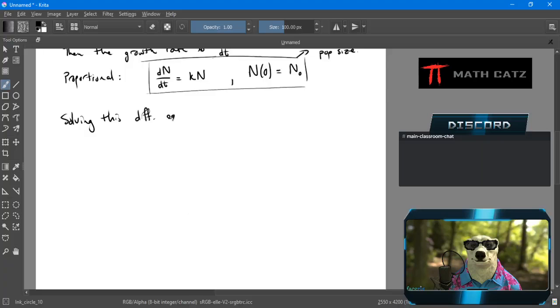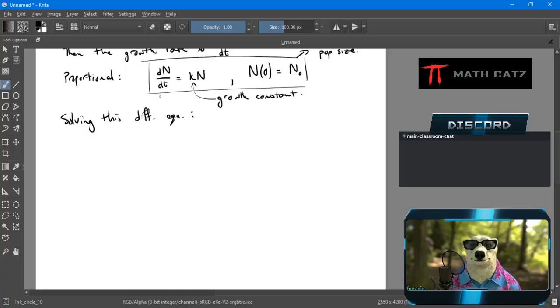differential equation. It's going to always be the same. My function is now an N, and my independent variable is a t. Remember, k is a constant. It's called the growth constant. And it'll change in value from one situation to the next. The growth constant for bacteria won't be the same as the growth constant for people, and so on and so on. So I'm going to separate my variables